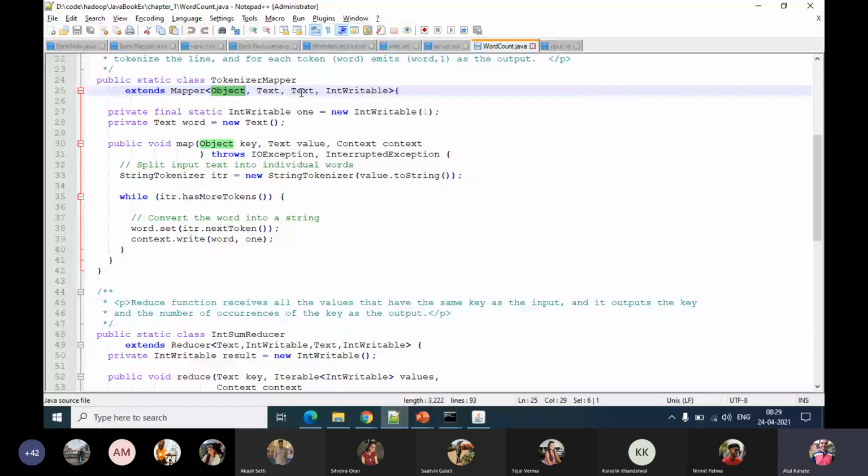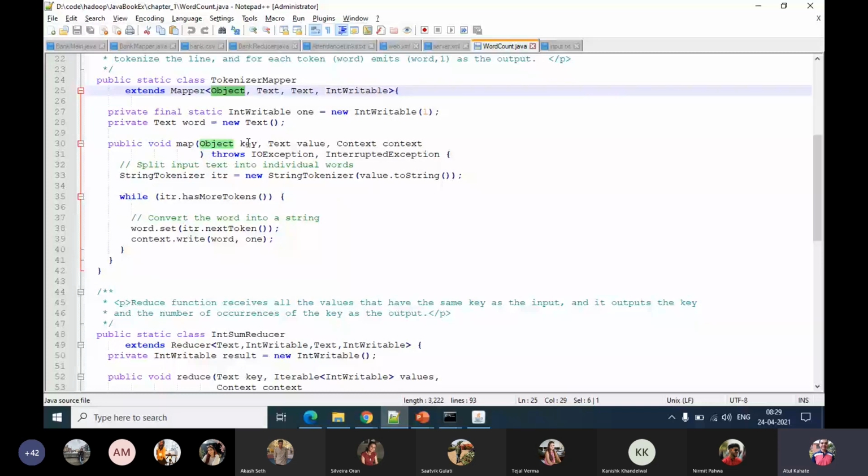So the mapper will by default simply output whatever it has received. The mapper itself is almost a dummy, and the whole work will be done by the reducer. But since that is a rare possibility or an exception, we may or may not override the map function. We don't override it if we don't touch any of these and do absolutely no processing, because it already comes as key value pairs.